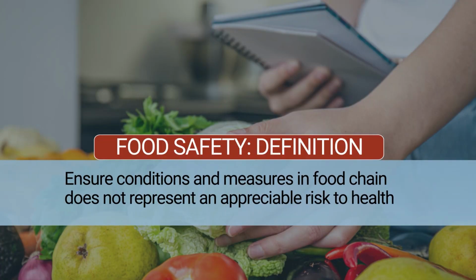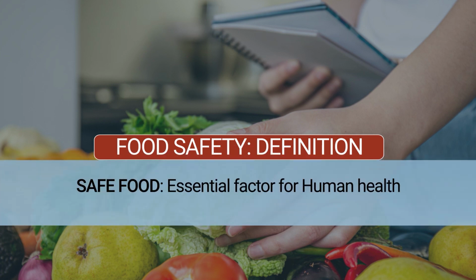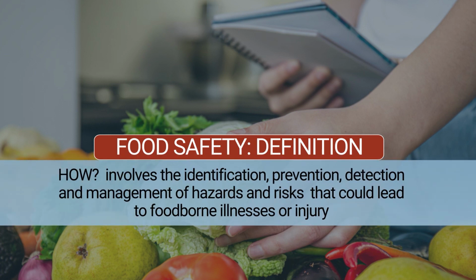Now, we as food safety professionals should ensure that the conditions and measures in the food chain do not represent an appreciable risk to the health of human beings. Safe food is an essential factor for human health. Now, how can we do it? It involves the identification, prevention, detection, and management of hazards and risks that could lead to foodborne illness or